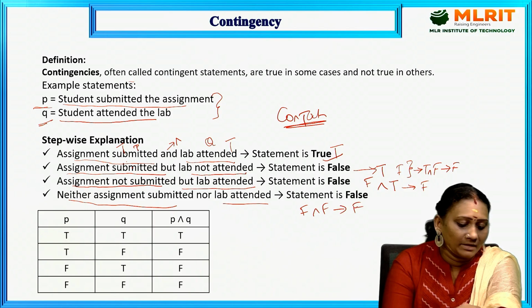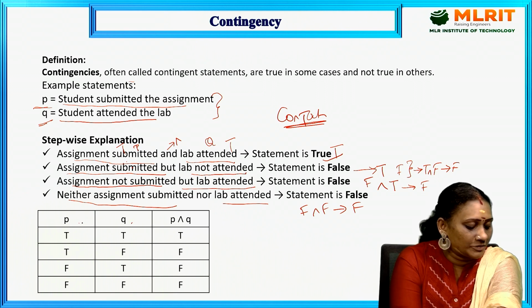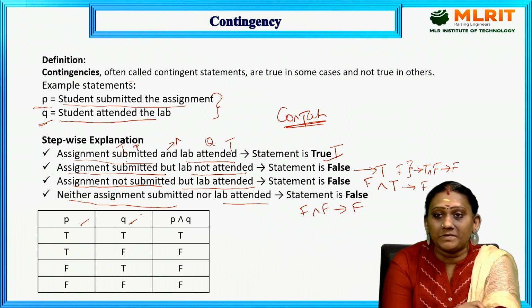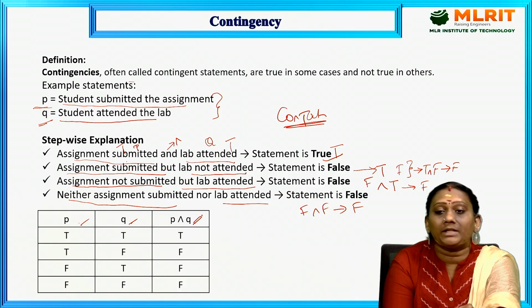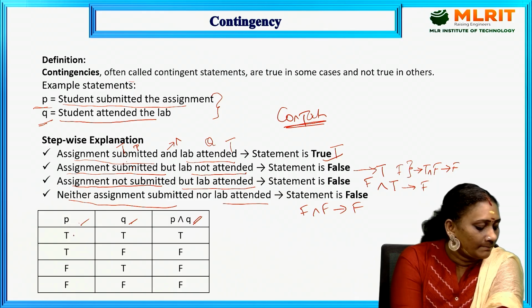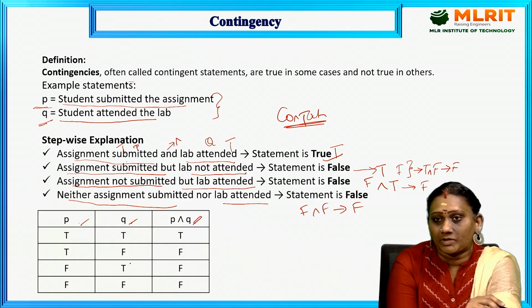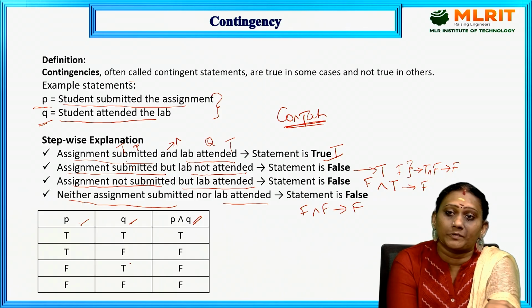So here let me apply the same thing in a truth table. I am going to take P and Q statements as the input values and conclude what the particular P and Q is going to look like. Here, as I already told, we are going to take the combinations like this: true, true, true, false, false, true, and false, false.